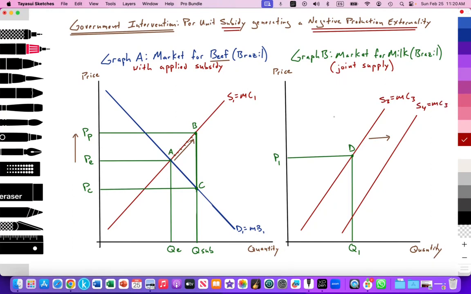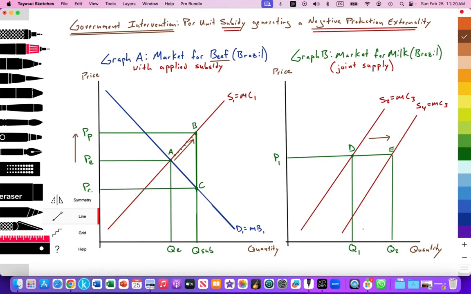Okay, so this is an example of a non-price determinant of supply. The price of milk has not changed, but its supply has increased due to the increase in price for beef. Holding price constant, P1, takes us to point E. And we see an overall quantity of supply along the new supply curve of S4 increasing from Q1 to Q2. So there we can connect how the subsidy leads to joint supply in the case of beef and milk